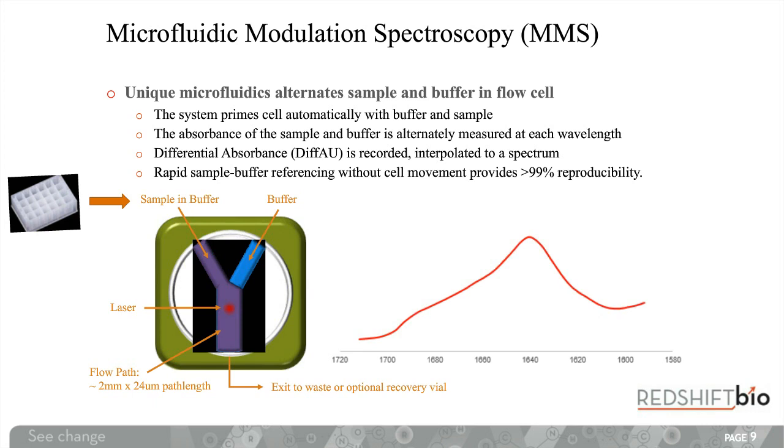This is actually why the technology is called microfluidic modulation spectroscopy, as we are using a microfluidic flow cell and modulating the inputs between these two channels. And this gives several inherent advantages over FTIR. The first of which I've already touched on, being that by using this one microfluidic flow cell, we are effectively getting perfect cell matching, which is a problem with FTIR.